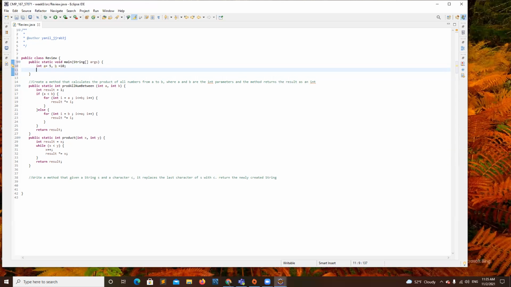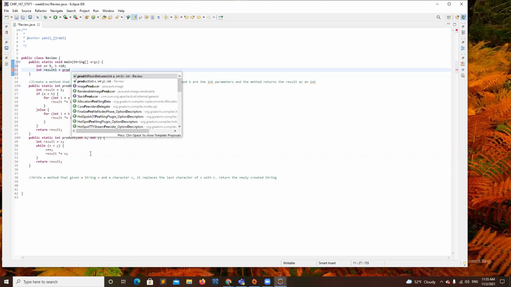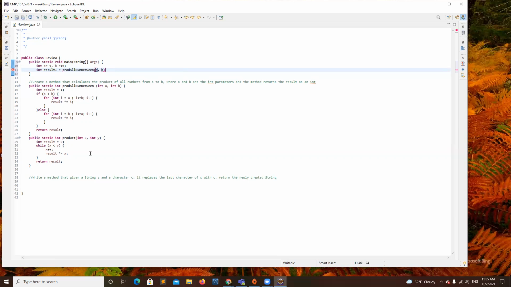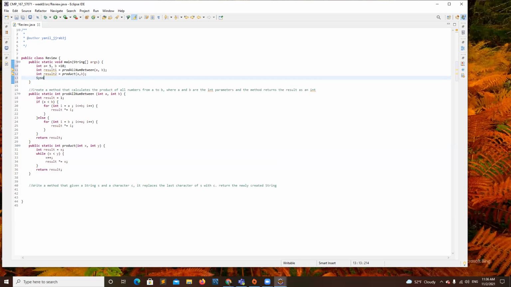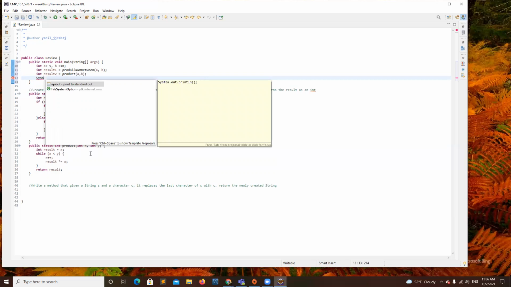So if I do this, int result1 is the product of all numbers in between, and then result2 calls product, passing in A, comma B. I am supposed to be getting the same values.